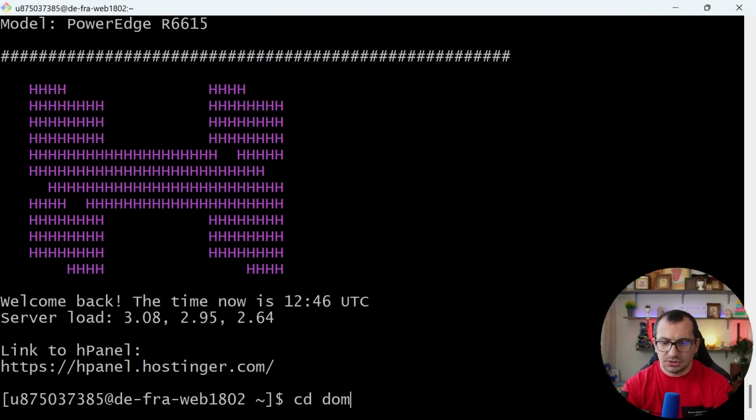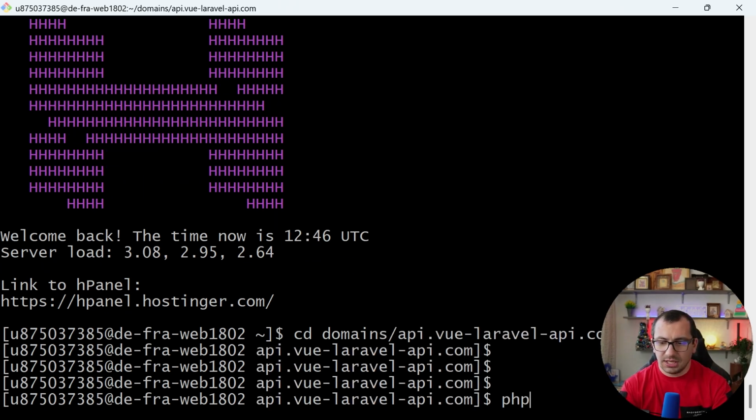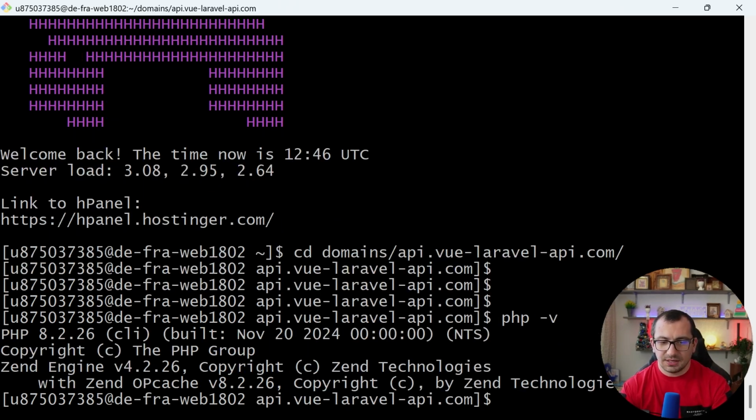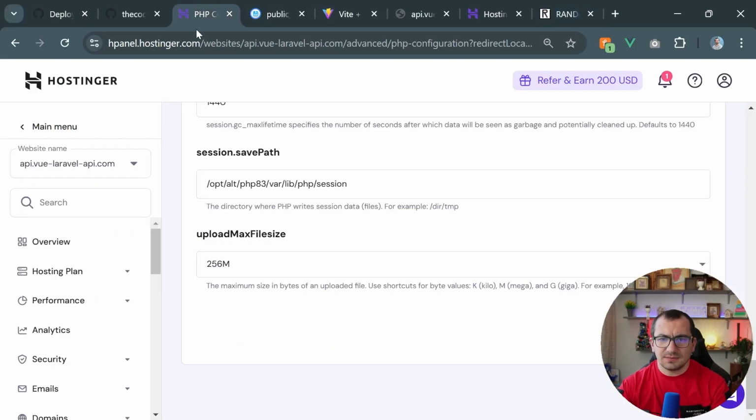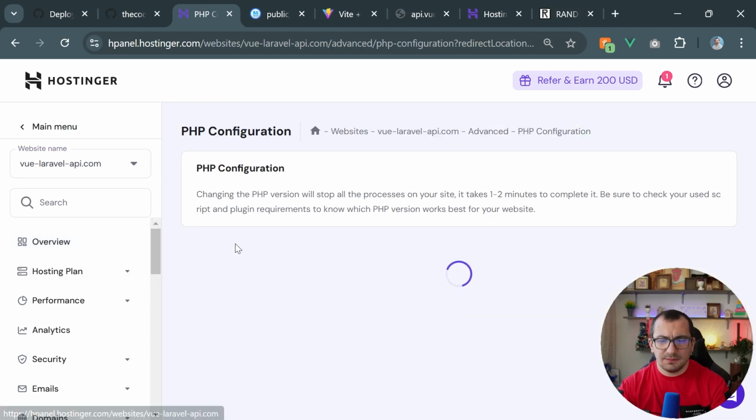Okay, let's go into domains, API. This is where our API is deployed, and php -v gives us PHP 8.2. Well, strange. It still gives us PHP 8.2. Why is that? Okay, I'm not sure. Let's click on this Vue Laravel API